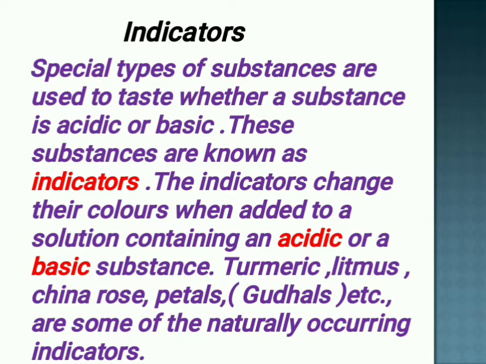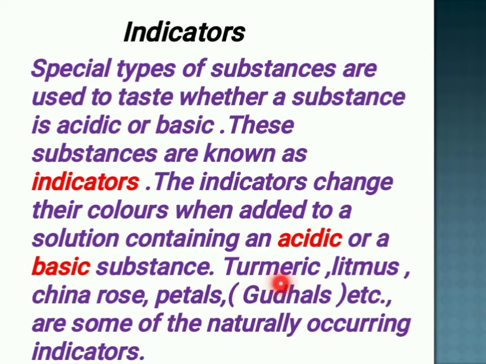So there are two types of indicators. One type of indicator is called natural indicator and the other type is called artificial indicator. Natural indicators are prepared by us. We can use some household things, natural things like plant matter, and we can make some natural indicators. You can also make some natural indicators at your home. So that is your activity. And the other type of indicator is called artificial indicator or synthetic indicator, which is found in the laboratory. So we will see what it is.